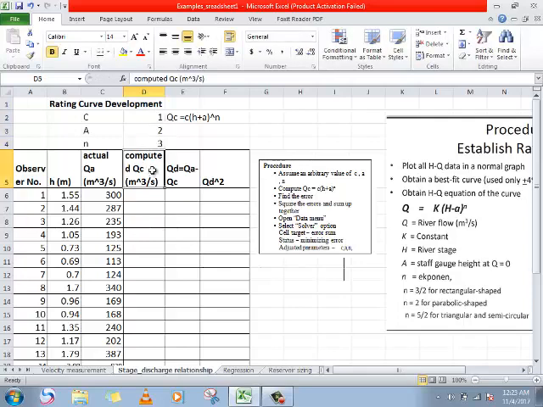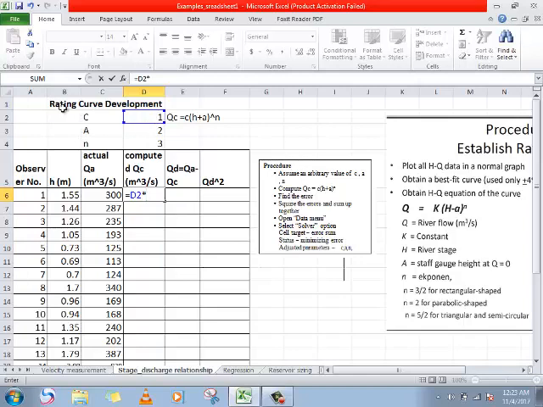Here are constants. But to determine the computed QC, Q which is equals to, in this equation, where is C? This one. This times.